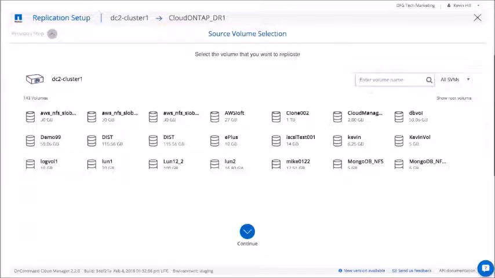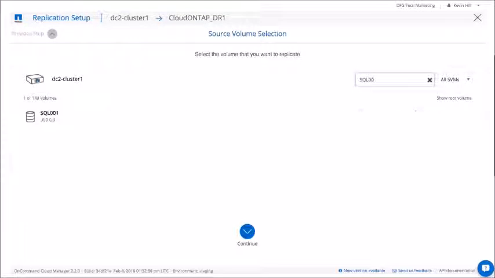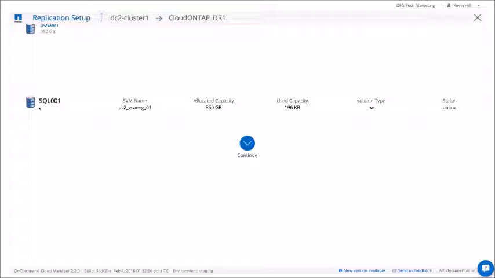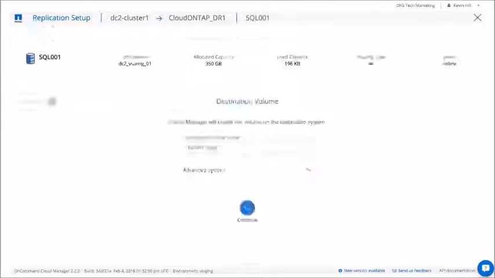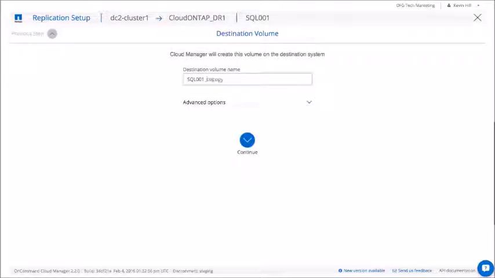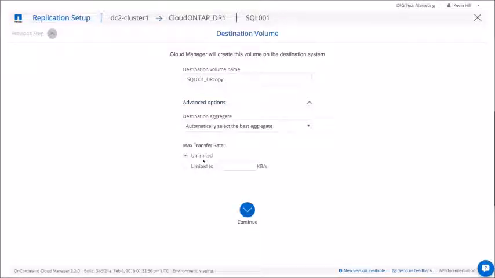In order to help me, I'm going to use the filter to find my volume. Here it is, and confirm the details. I'll go and click on Continue. I can provide it a destination name, and I can also pick some advanced options. In this case, I'm just going to continue